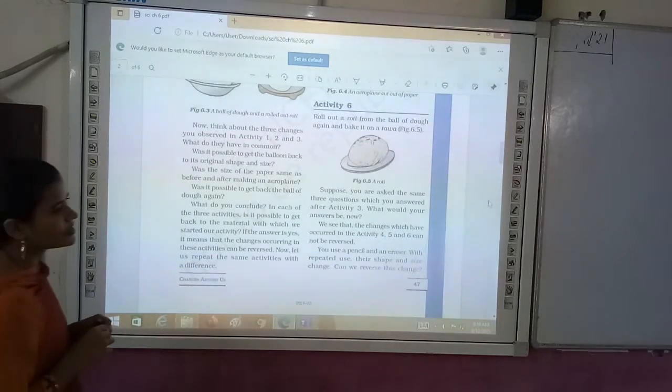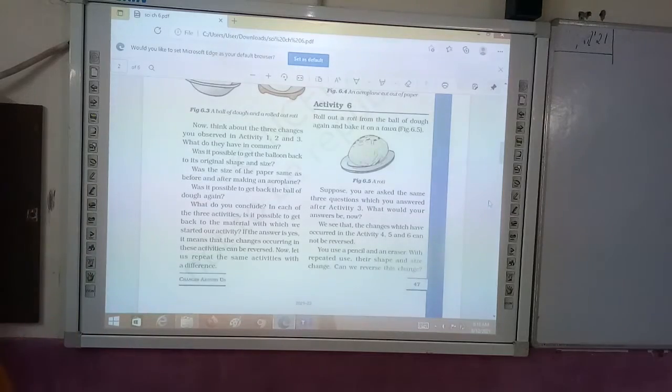ठीक है, why it can be reversed? क्यों रिवर्स हो रही है? Because we get the same shape and size of that thing. हमें जो भी चीज हमने ली थी वो उसका सेम शेप और सेम साइज मिल रहा है. Now let us repeat the same